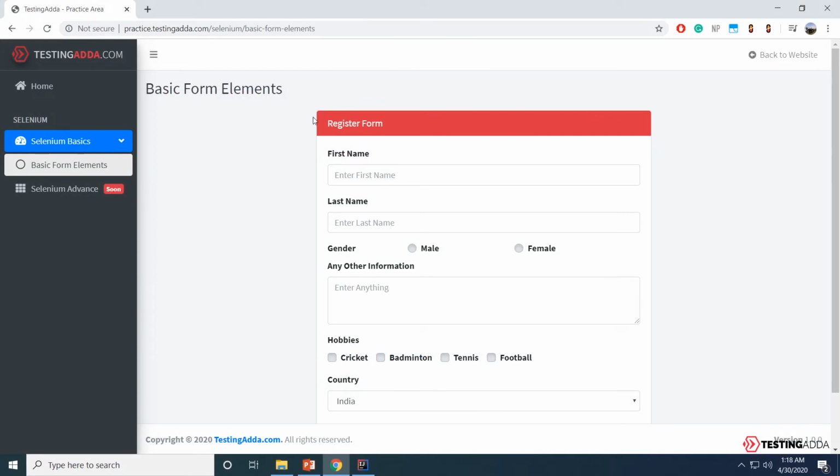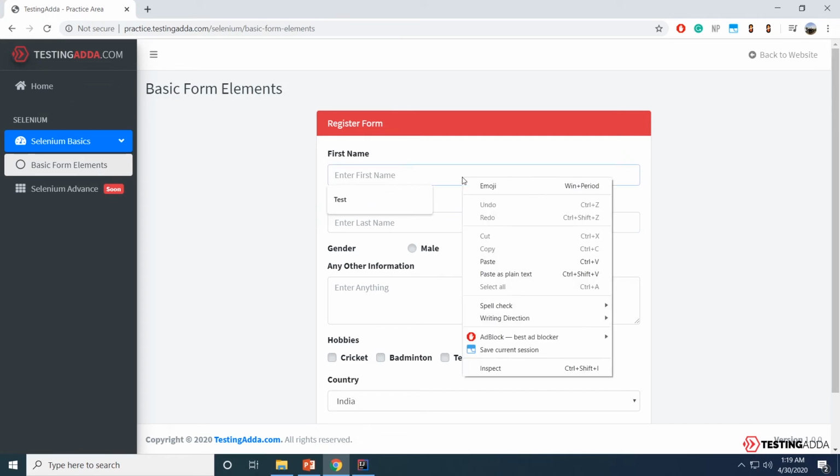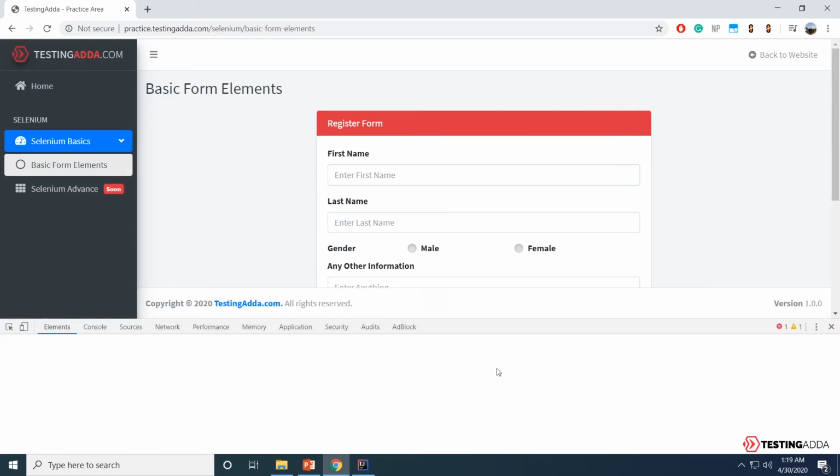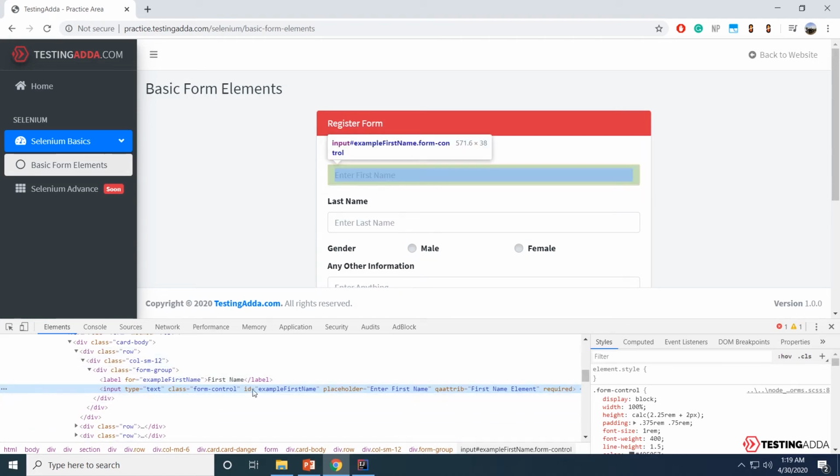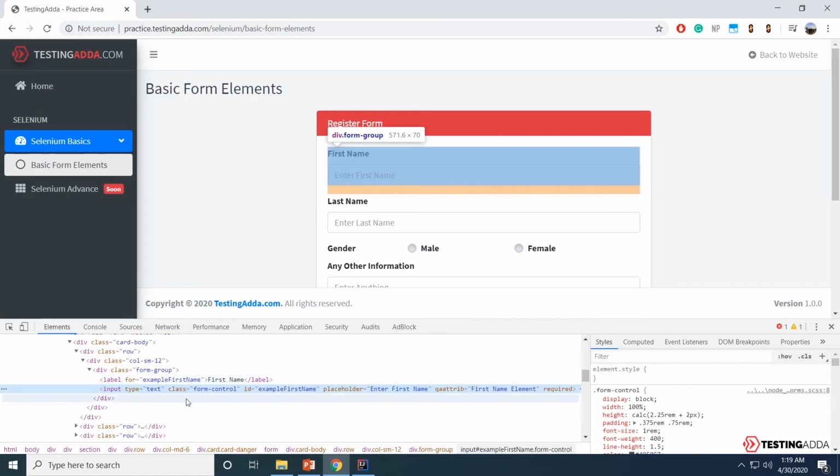Here, in this scenario, we will be trying to locate first name element using the CSS selector. In order to create a CSS selector, we will right click and click on inspect. Here I can see the HTML code of this first name element. As this element has ID, I'll be building a CSS selector using the ID.